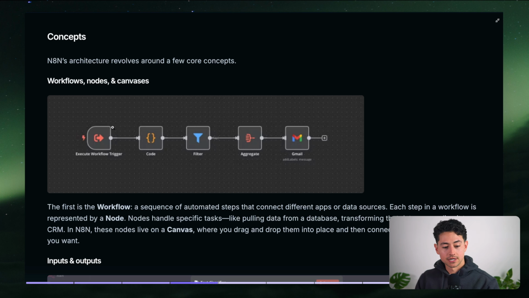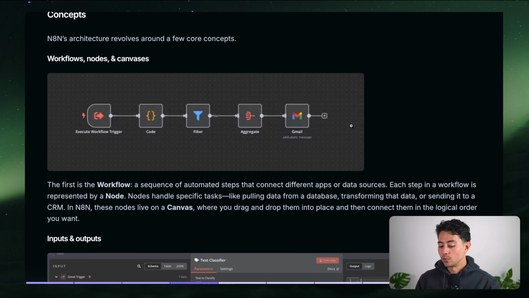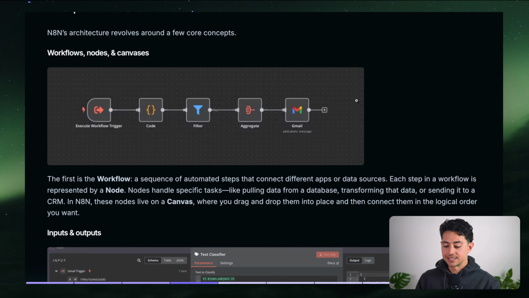And as you see here, we have this thing on the left which says execute workflow trigger. It goes into this code module. We do some fun filtering magic, aggregating, and then we add a label to what looks like a Gmail. What's going on here? I have no idea. We're going to have to jump into the actual UX of the platform and be able to click on any of these puppies. But essentially, this just is an illustrative tool to show us what each of these three major